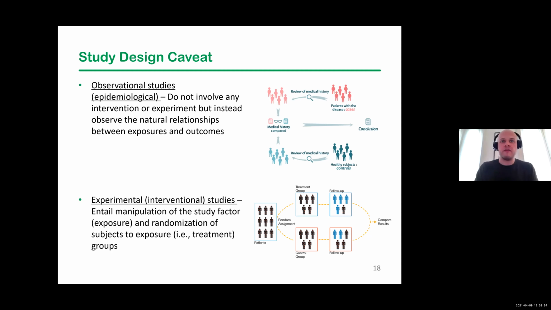The flip side is the interventional or the experimental study. And these are always prospective, right? Because you start with a group of folks, and then you randomly allocate some to treatment, and the other ones you randomly allocate to control, and you see how their outcomes look. There's a little bit of nuance in the design here. In the case control, you're starting with the outcome, and you're looking back at the exposures. In an experimental study, you're starting with the exposure, i.e. the intervention, and you're looking forward to the outcomes. So the directionality of this is very critical, and it is really going to dictate your study design and what types of analysis and conclusions you can make.